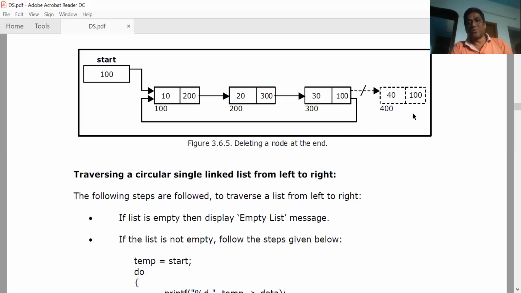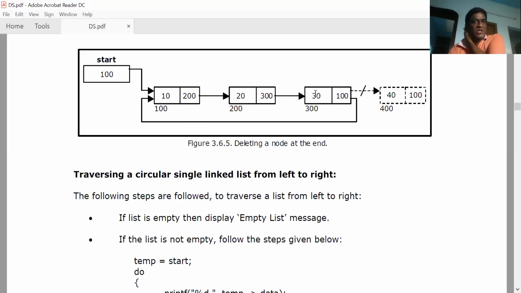Okay, this is what is required. And here also we are not discussing deleting any intermediate node, because it is the same as deleting in a single linked list. The reason is, if you want to remove any intermediate node, updating the pointer from the last node is not required. If you remove this, just keep this pointer over here, which is the same as we did in the single linked list.